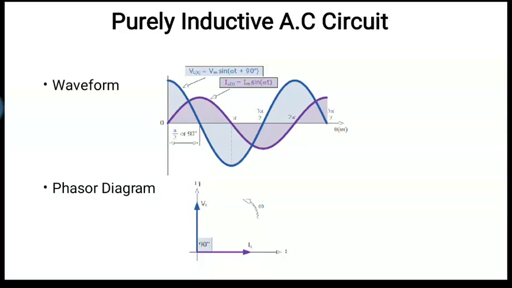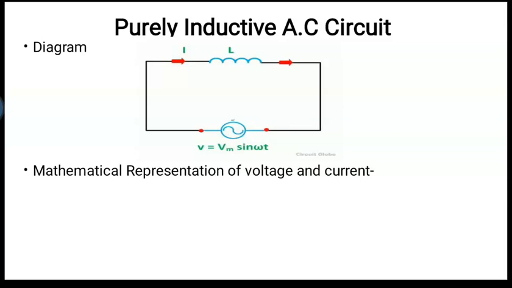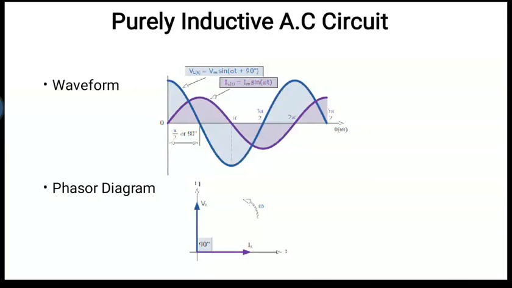So the equation which you can see in the waveform, you have to write it here, in that blank space, while making your handwritten notes. So V is equal to Vm sine omega t plus 90, right? Because it is leading, that is the plus 90. Also, if you don't want to write plus 90, you can write minus 90 in the current equation: I is equal to Im sine omega t minus 90. It is one and the same, right? So this is a waveform equation, and you can see the waveform here also.